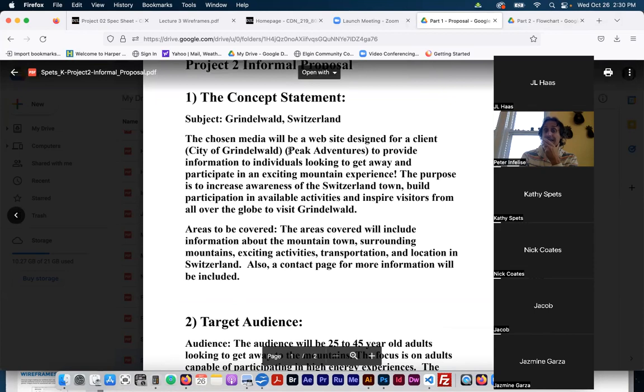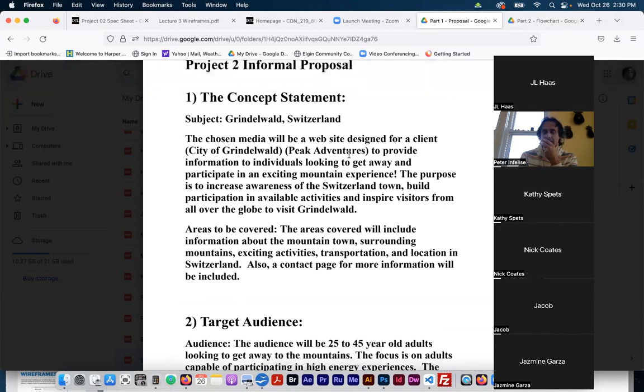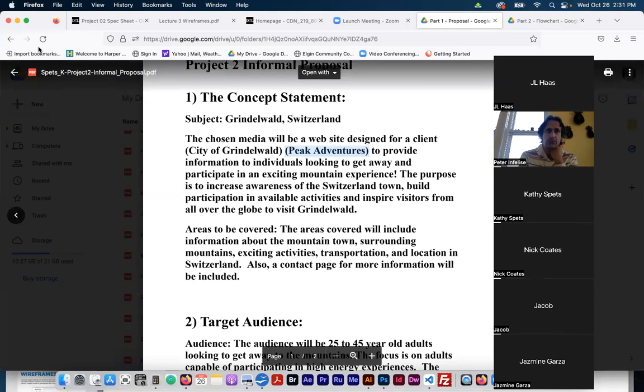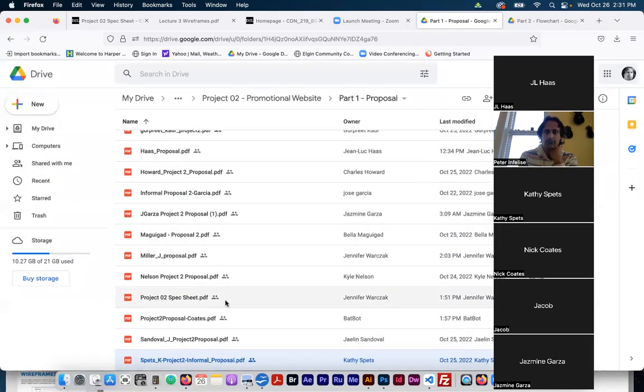I like that you've actually got a name for this as well. That's something to think about. I'm glad this is the last one that we're looking at. By no means do you guys have to develop a name or a logo for your website, but it can be very helpful if you do. So think about that over the next few weeks. Even if it's something like, we were talking about a moment ago on Jalen's, soul. The name of the site could be something like Authentic Soul, for example,